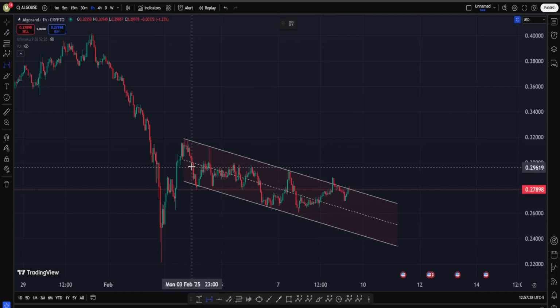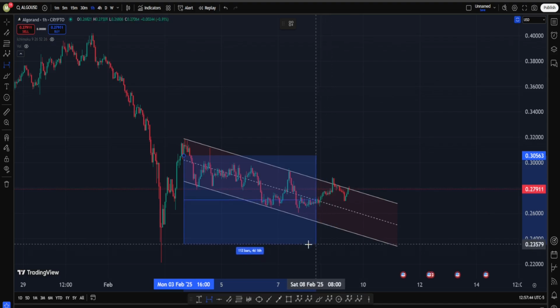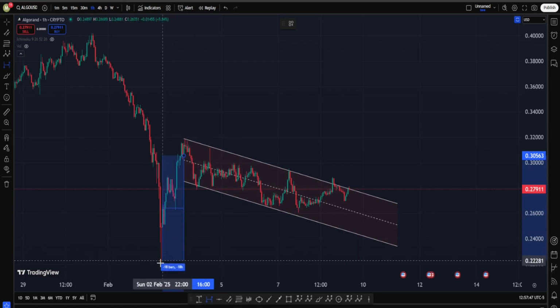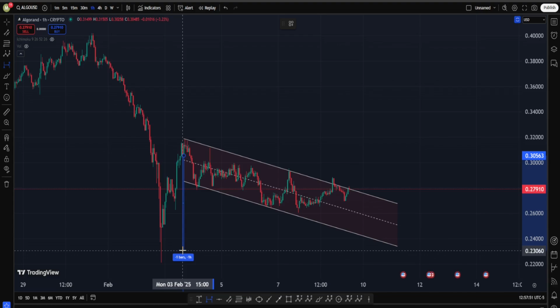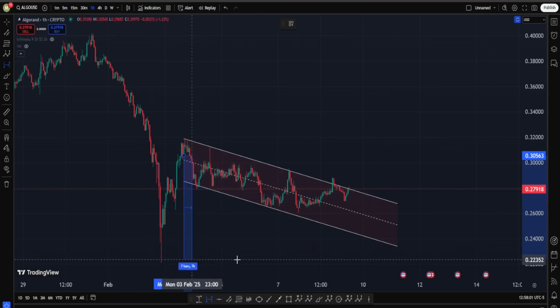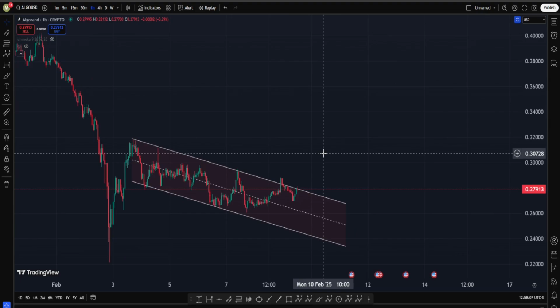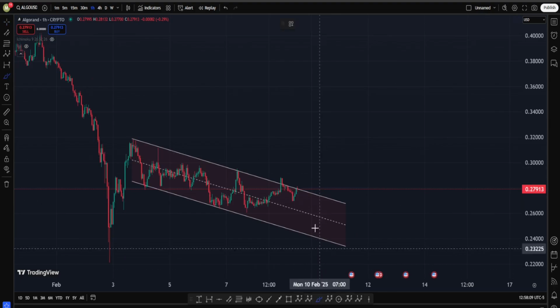Let's just measure this move down timing wise. Okay, this is taking us about, let's say, 120 candlesticks. On the other hand, this bounce back happened in about only 20 candlesticks. So to me, again, if you are a new viewer, you probably know what I'm about to say. Despite having more than enough time, it seems like that bears are kind of failing to pull the price all the way back down to these levels. So I want to say in Algorand, this is actually a correction structure, and soon we can have a decent